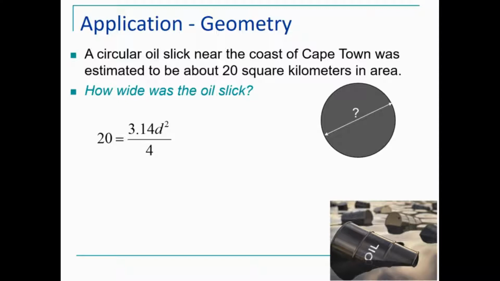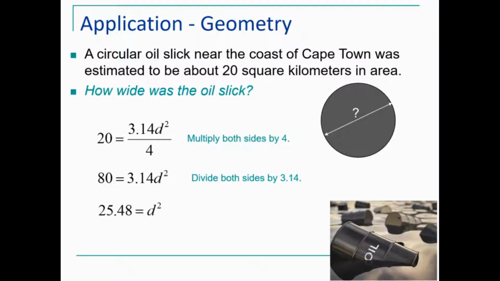To solve for our variable, which is squared, making it a quadratic equation, we multiply both sides by 4. 4 times 20 gives us 80 on the left, and multiplying by 4 on the right cancels out the denominator 4. To isolate the variable, we'll divide both sides by 3.14, which gives us the following,